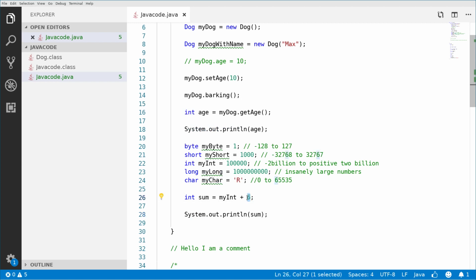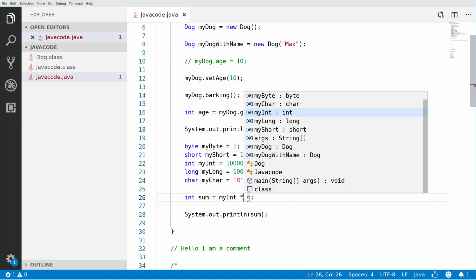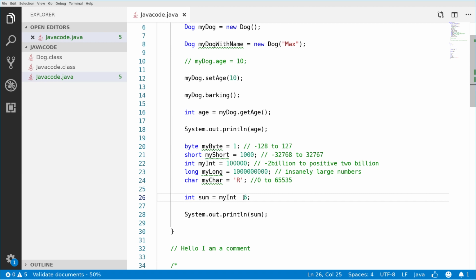Okay, we can add, we can subtract, we can multiply. To multiply, we use an asterisk. We can divide. To divide, we use a forward slash. So that's how we divide, basically. Okay, so this is the basic operations we can perform. We can also have the modulus operator. Modulus operator is used with the percent sign, and what this does is basically it returns the remainder of a division. So it will divide my int by 6, but will return the remainder of that division. In case it's 0, it will return 0, right?